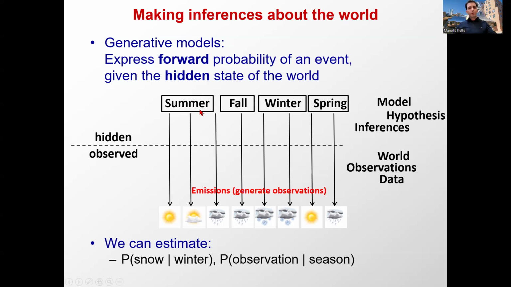Okay? So very often we're going to be talking about the forward probabilities, and that's the generative probability. In other words, I am in a state of the world, for example, the summer state, and I'm sampling observations from that state. Based on knowledge that it's summer and a series of observations, I can infer the probabilities of that generative model generating samples from a distribution.